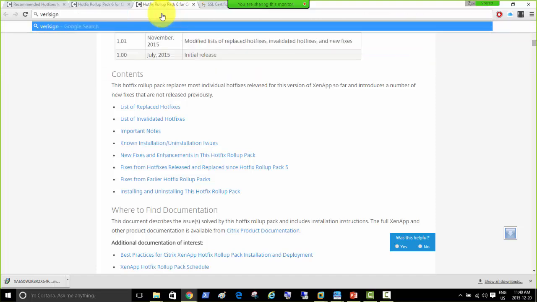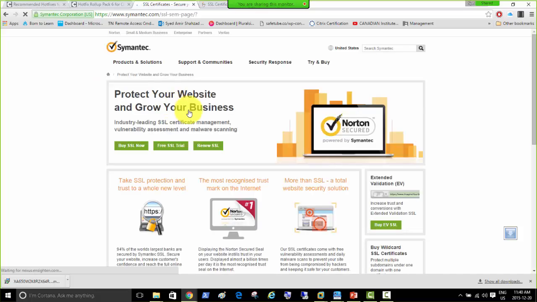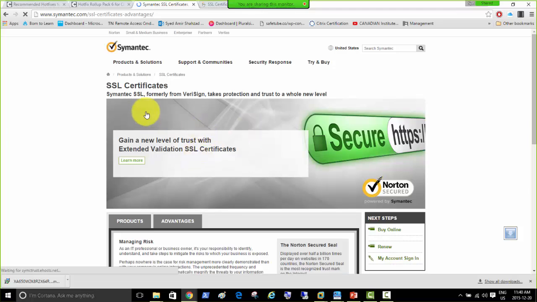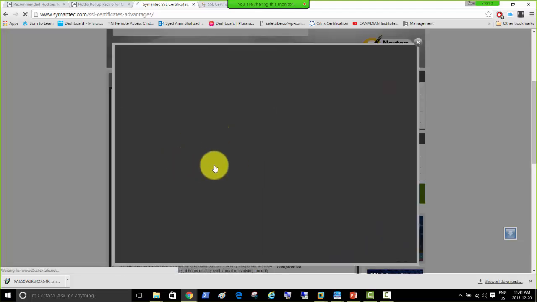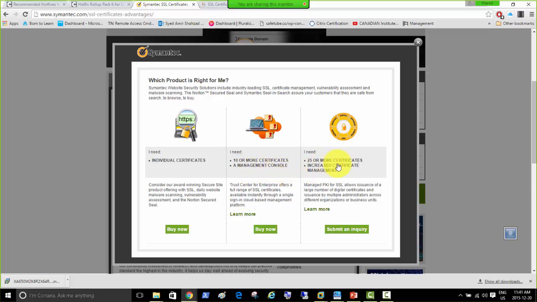If we go to VeriSign, this is purely the website for SSL, Symantec VeriSign certificate. Protect your website and grow your business. This is also for your servers as well. It says SSL protection and trust to a whole new level. So if we go inside, SSL certificate, this is a public certificate, right? You would want to purchase the certificate. If I go to buy online, there are individual certificates, 10 or more certificates with a management console, or 25 or more certificates for increased certificate management. So there's a public key infrastructure, or PKI, environment that needs to be created. You can go to public CAs, or certificate issuing authorities, SSL by GoDaddy or VeriSign were the two examples,